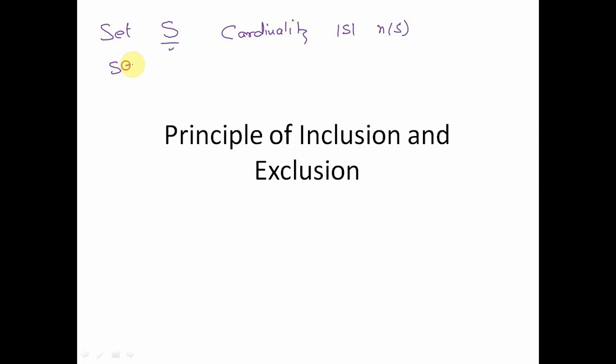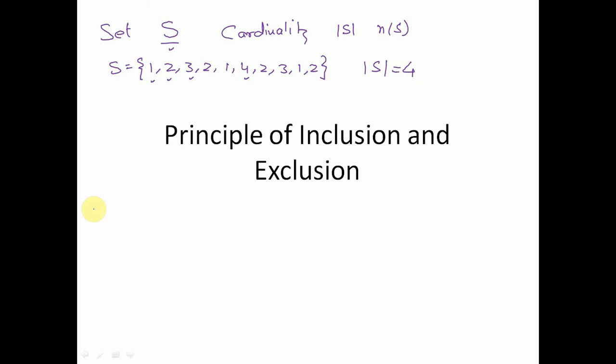Say for example, if I define the set S as 1, 2, 3, 2, 1, 4, 2, 3, 1, 2, then the cardinality of this set S will still be 4, as there are only 4 unique elements: 1, 2, 3 and 4. The repetition of ones, how many times it may occur, repetition of 2, repetition of 3 does not make a difference. Then the set operations will be used over here.